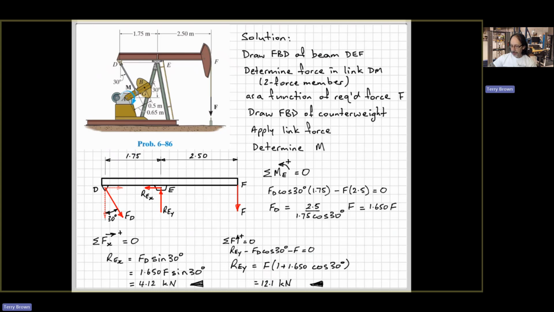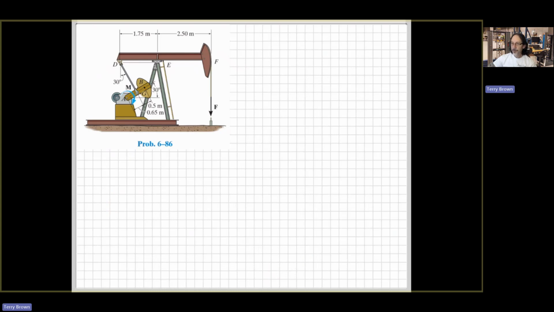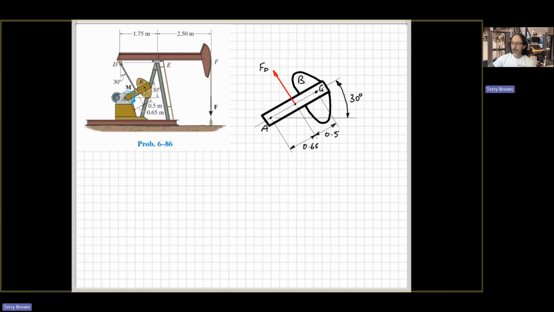Right, just indicated that there are some answers that are required. So now I draw a free body diagram of the counterweight. Right, start thinking about the loading. So on the counterweight here, we've got FD, which is equal and opposite to what we had up here. So what the link does to the beam is equal and opposite to what the beam does to the link, and then down here the